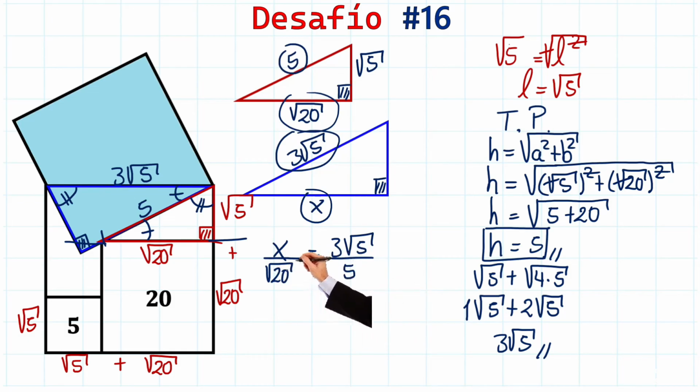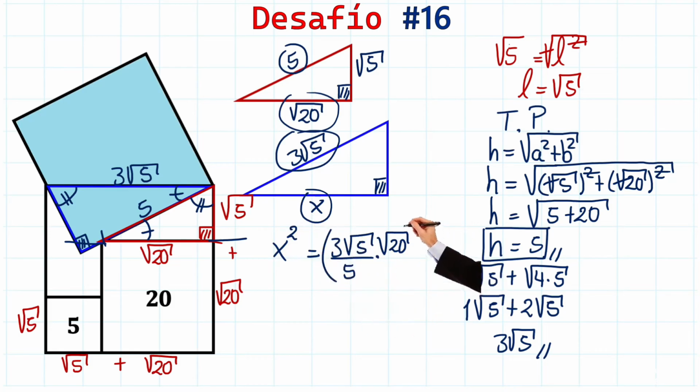So we'll bring this square root of 20 to the other side to multiply. So we have the square root of 20 here, and we erase it from here. Alright, we have this equality, right? This equation, we'll square both sides, square here and square there. Excellent. We have here x squared, which is equal